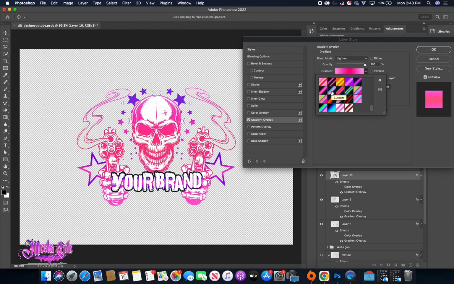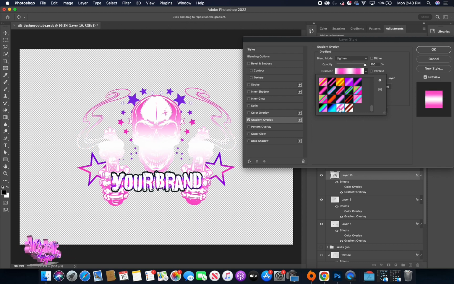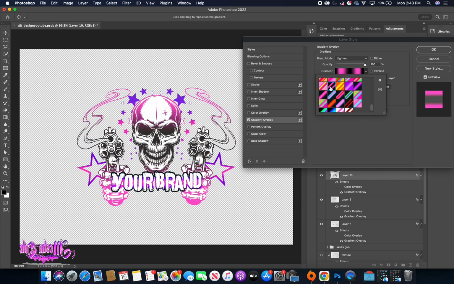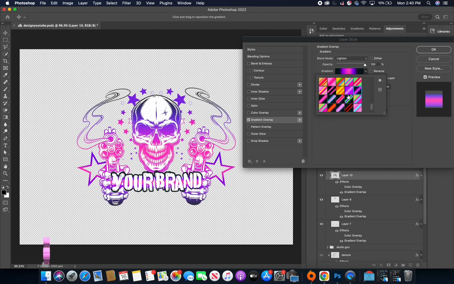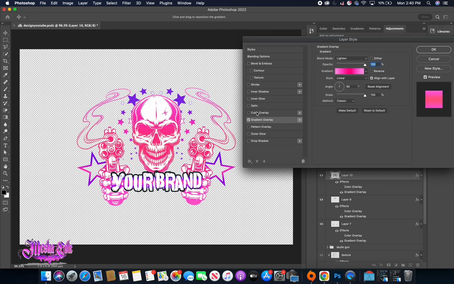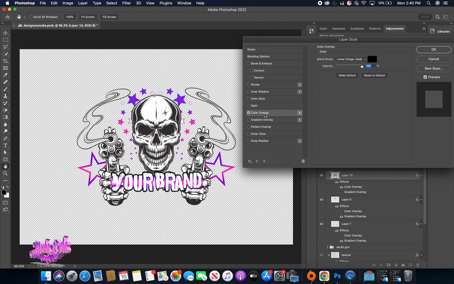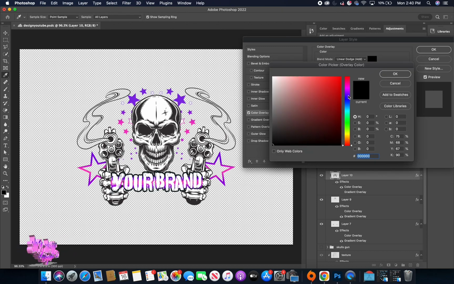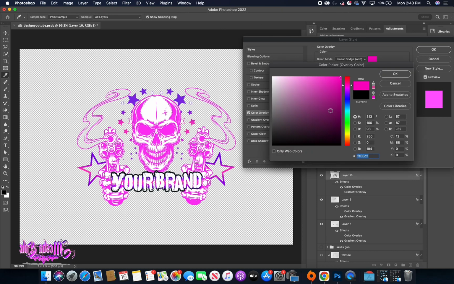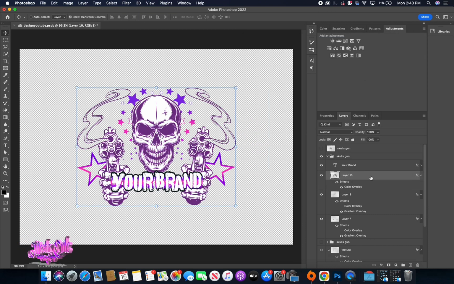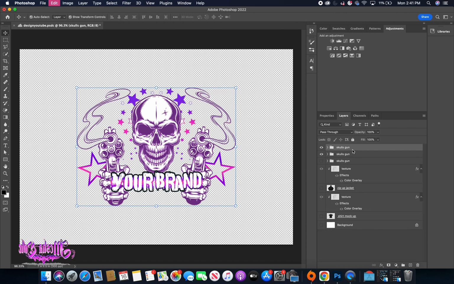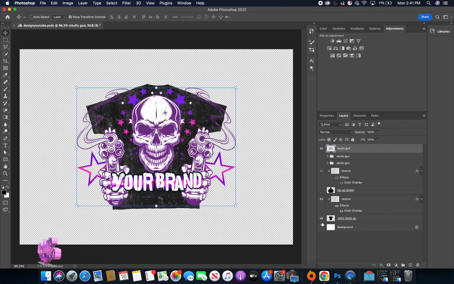And you can change the colors for the white, the pinks, or whatever design you want to do. But okay, so I'm over here thinking, do I want to do a gradient, you know, indecisive. So this is me picking for a little while. And then I go to the color and I'm like, you know what, I'm just gonna settle with a dark purple to match the star vibes, but not too loud as a gradient. So I'm like, okay, cool. So I go back and delete the other layer that I had, and I copy and paste this design,